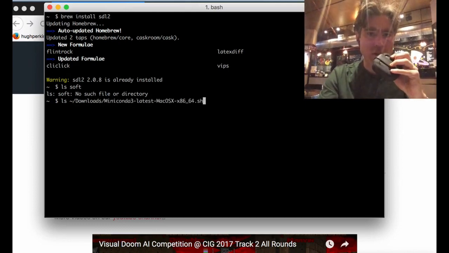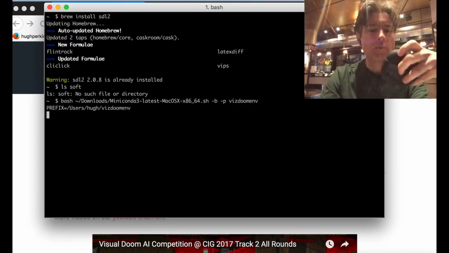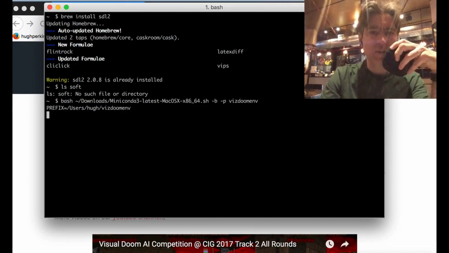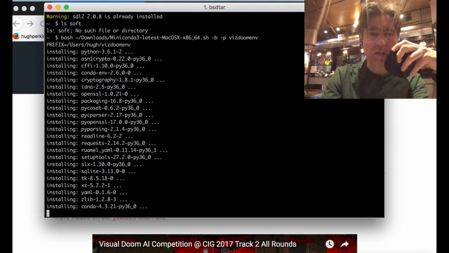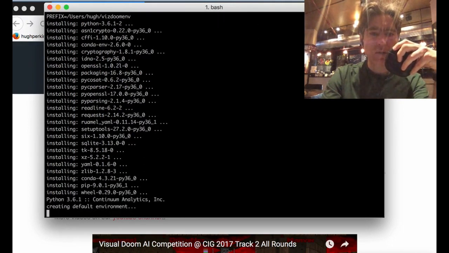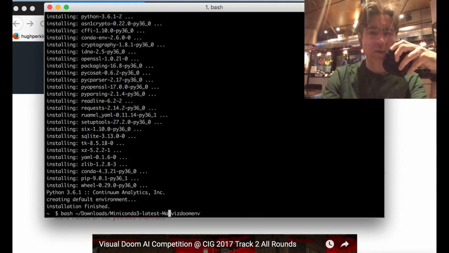I'm going to use this to create a Conda environment. I'm just creating a new root environment, and I'm calling that environment VizDoom env. You can actually create sub-environments in Conda, but I always just create a root environment, so I find it easier. I guess there's different ways of doing it. I'm creating a brand new environment, so hopefully it's going to exactly reflect how things are going to work. I'm using Python 3.6.1. So let's source that.